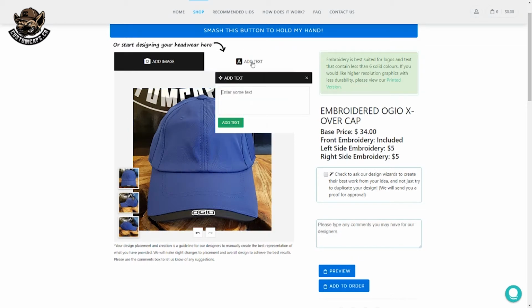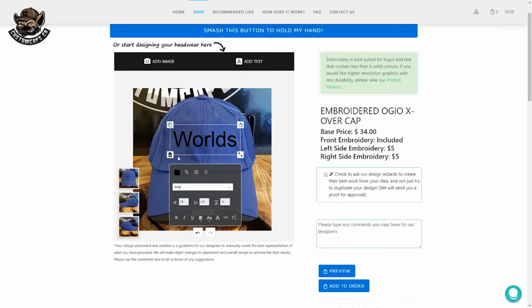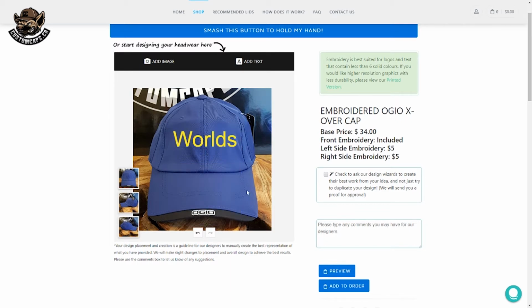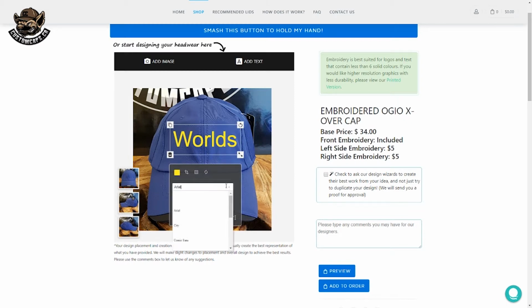The other thing you can do is you can add text. Worlds. So we'll add that text. Now here you can select the color of the text. You can also select the font used in the text. So I'm going to use Alba,